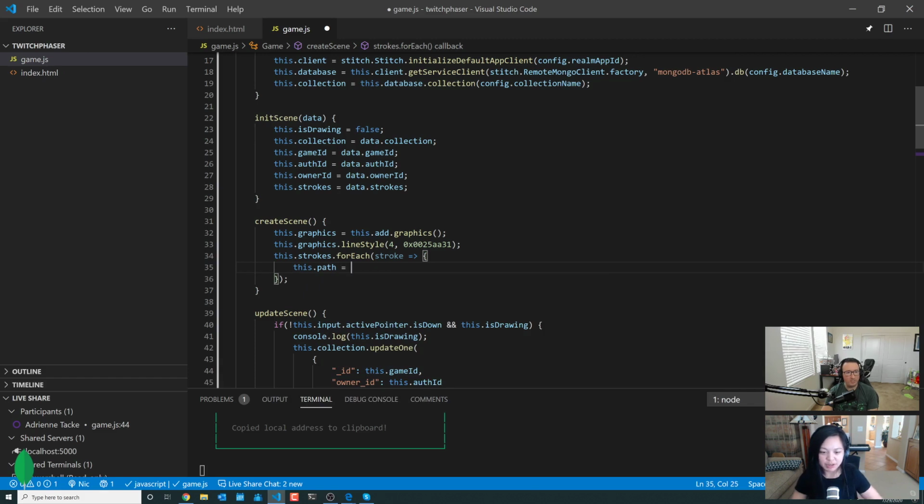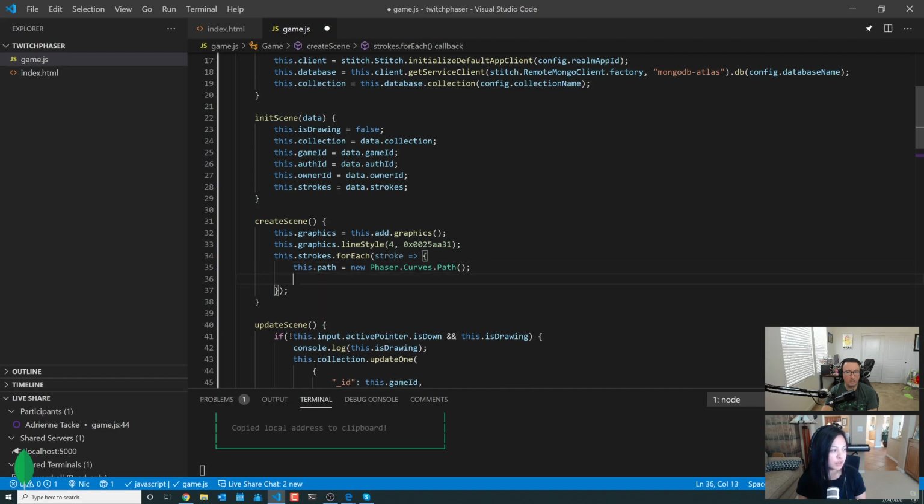So this makes sense. So now that we have our strokes, we want to create a new path for Phaser to be able to draw it. So we're passing in each of those the path curves that we have received from our result. Yep.